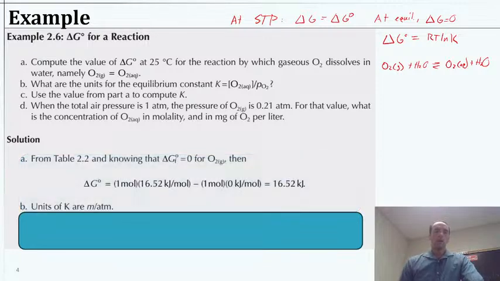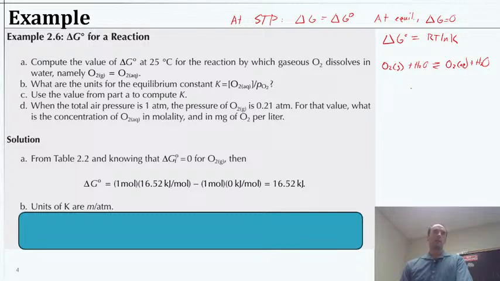Okay. And then minus the formation for gas, which we're reminded should be 0, and that gives us our answer there at 16.52. So that was a lookup table. Then if we think about what units would be the K for this reaction, essentially we've got oxygen gas dissolving, yielding oxygen that's dissolved, and you can add water to both sides if you want,